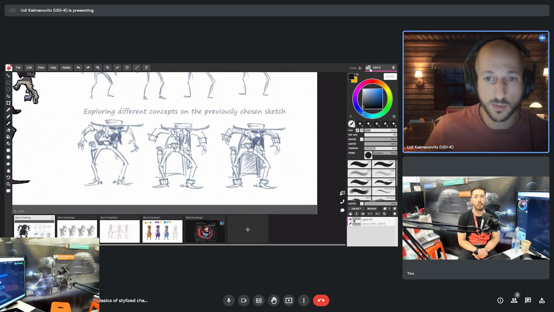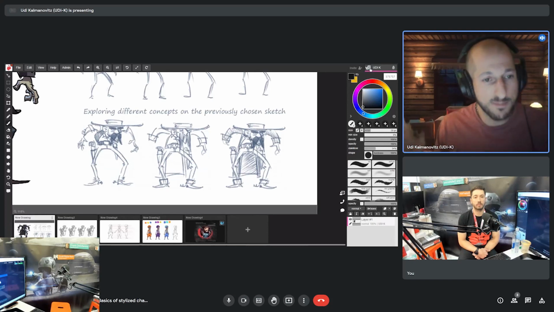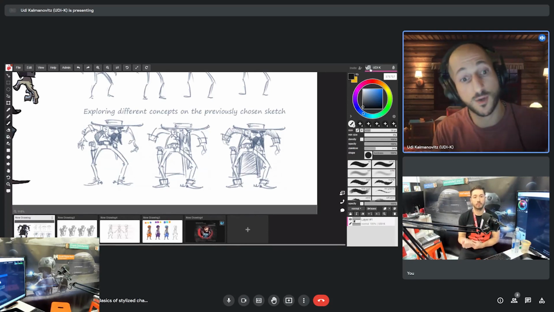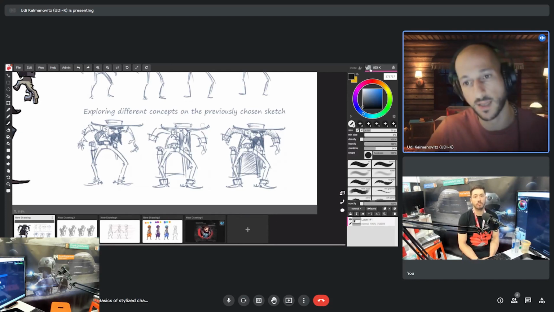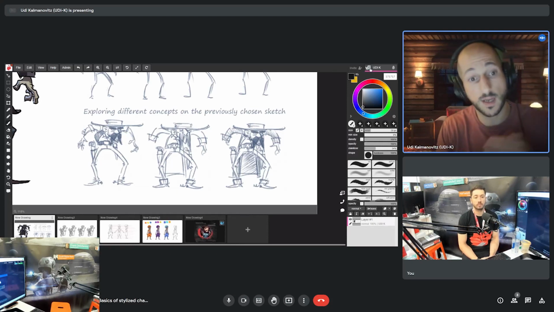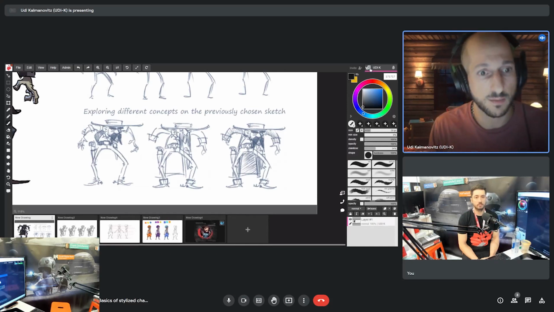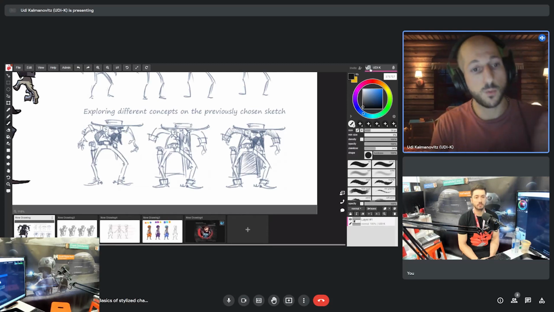So basically, the three examples here were done on the same base, but then I can use that base just like a mannequin and try to give it a new costume every time. And maybe if I try something here, I can then say, oh, I like the mustache I did here, but I like the hat I did here, and I like the coat I did here, and stuff like that. And just doing more iterations and more iterations. And working digitally makes it a lot easier because I can take the base sketch and duplicate it as many